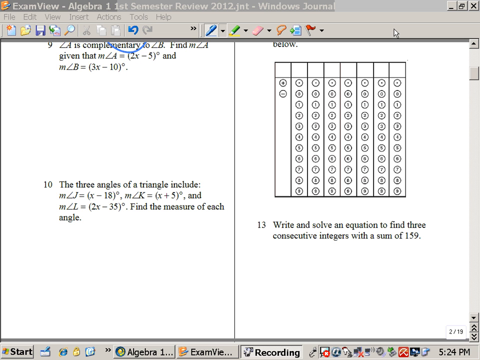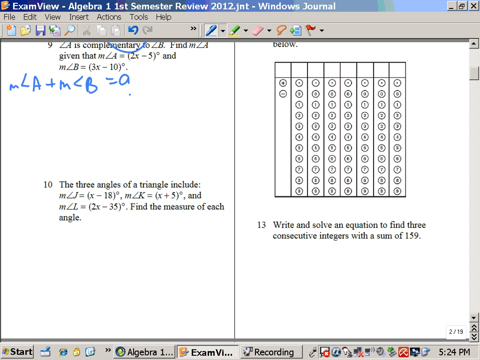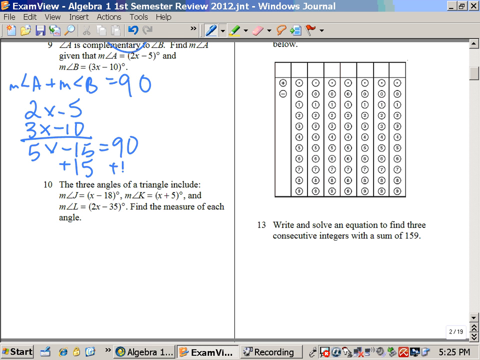On number 9, it says that A is complementary to B. That means that if I take the measure of angle A and add it to the measure of angle B, it's going to equal 90 degrees. So I'm going to take 2x minus 5 and 3x minus 10 and add those together. That gives me 5x minus 15. That equals 90. Then I need to add 15 to both sides. And so 5x is equal to 105. And if you divide both sides by 5, x is going to be